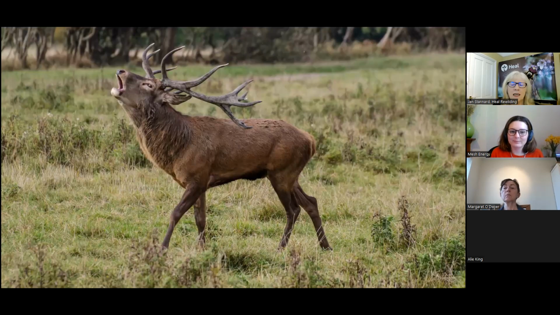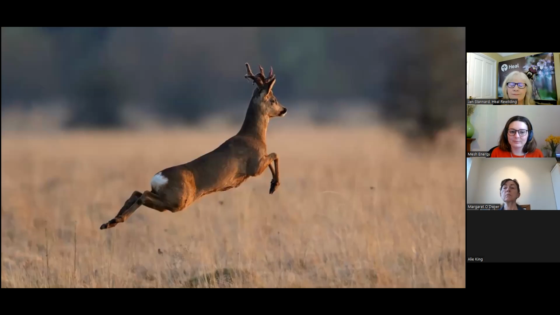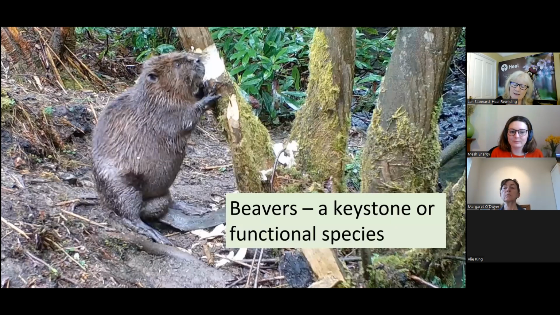Here's a magnificent red deer. Here's a fallow. And then here's a species that I'm sure you'll have seen in the news. Beavers were all over the UK. There were millions of them in every waterway, and they died out, there's some debate, but around 400 years ago. But there have been some unofficial introductions, and they are now being licensed to be in enclosures. And essentially the population of wild and enclosed beavers is growing quite quickly.